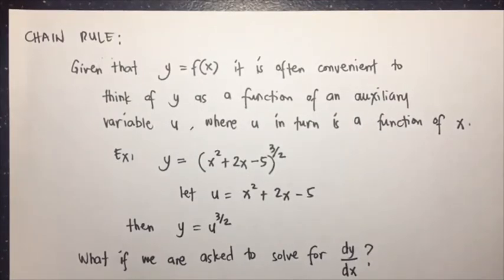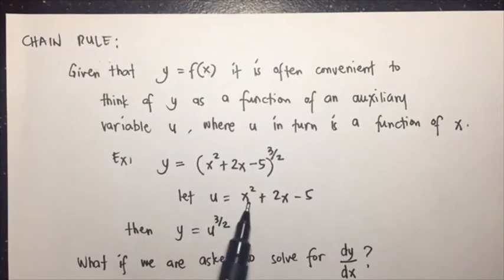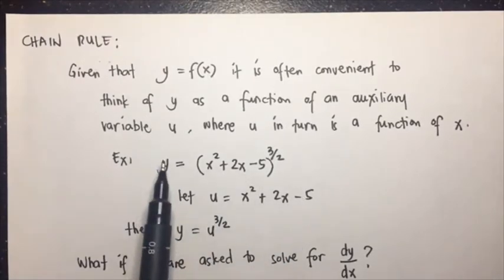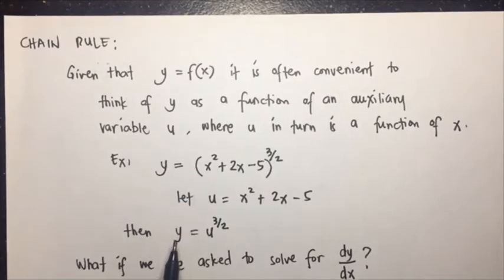Say, for example, we have y is equal to (x squared plus 2x minus 5) raised to 3 halves. Introducing an auxiliary variable u, we let u be x squared plus 2x minus 5. Then y becomes a function of u in the form y is equal to u raised to 3 halves. So in taking its derivative,